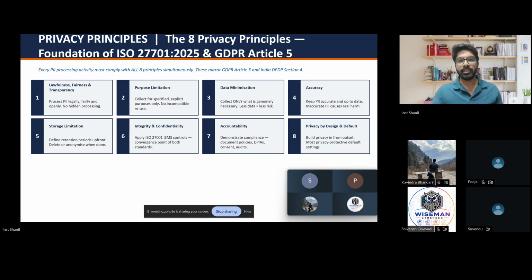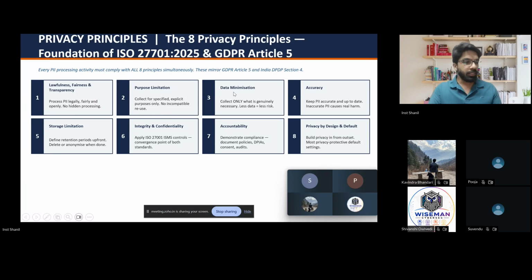So before clicking accept, you should always read what and where your data is being used, or else you can simply click on reject. And nowadays, some websites don't give an option to reject. They just give you two options, accept selected or accept all. So for example, they have five consents. Two of them are mandatory, three are optional. So they will give you two options, either accept all five or accept the mandatory two. So this is also how the company is tricking you into accepting the cookies rather than rejecting them, so that they can collect your data and use it. So that's the purpose limitation.